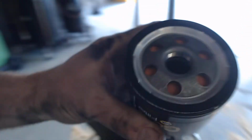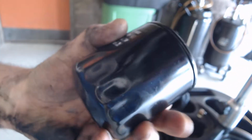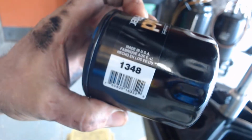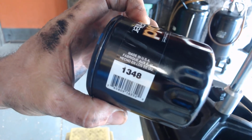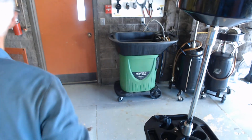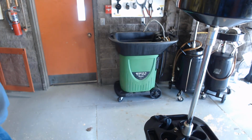So what I'm going to do now is come over here and grab the new filter. There's the new filter there, and you can see on the side it says 1348. So there's that part number that we looked up on Napa ProLink. And what I'm going to do is get a quart of oil, and I'm going to go ahead and put some of the oil,